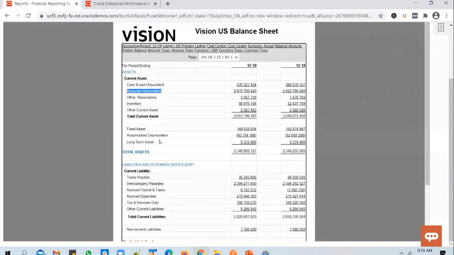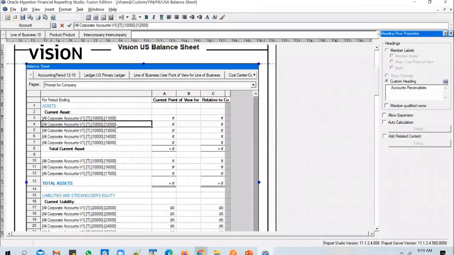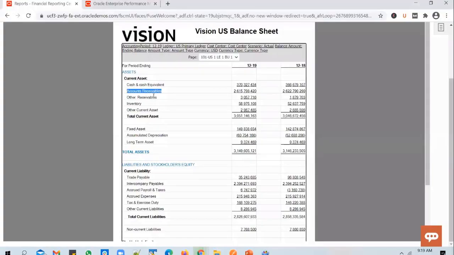you see a text printed in the output. But if you look at the report definition, you see an account number tagged in there, right? So what this means is when Oracle built the report, it has used the account numbers of that particular asset.